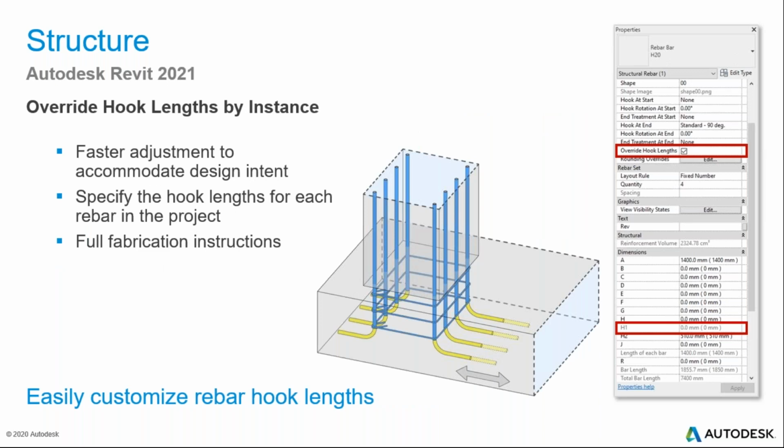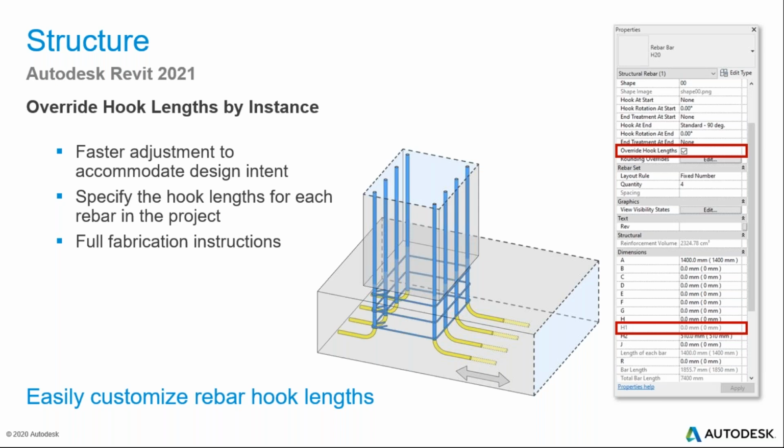The next feature is around being able to define the hook length by instances of the rebar separately. So we all know that the bond between steel and concrete is essential to ensure that they perform as a single entity in a loaded structure. To achieve that full bond strength, the surfaces need to be in contact for a calculated length called the anchorage length. In Revit 2021, you can easily specify the hook length for each rebar in the project without the need to duplicate the hook type and change their length for that type.